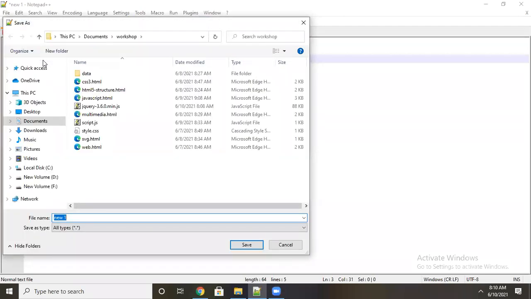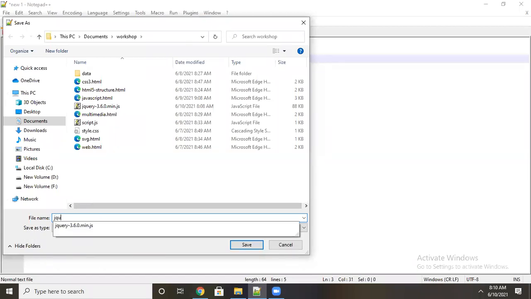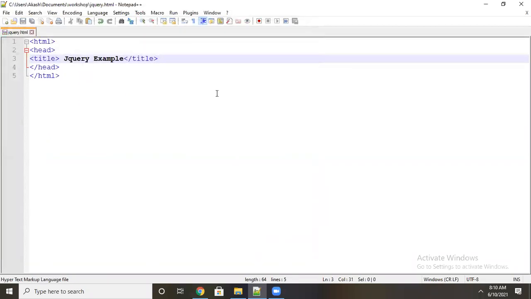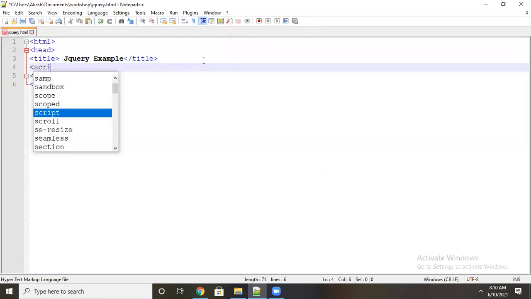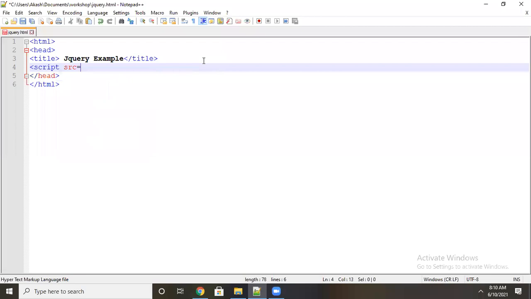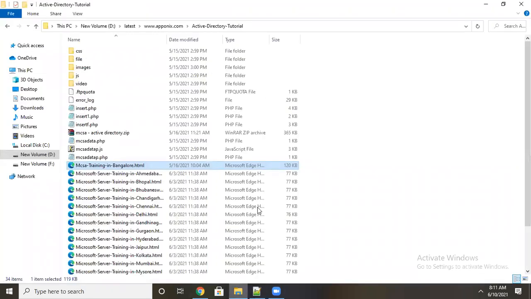Based on that I am going to save it as jQuery.html. I will save it as the file jQuery.html. Here I will connect that library file. How will we connect? Use the script tag. Yesterday I told how to connect external JavaScript. jQuery also is only a JavaScript extension. We have to save it as .js only, but it is an extended form. Now I will connect the file here. What is the version of the file?